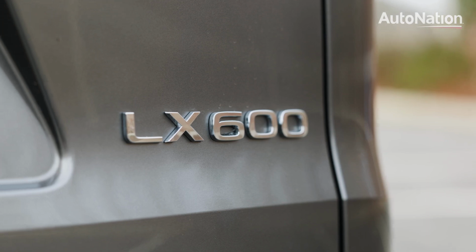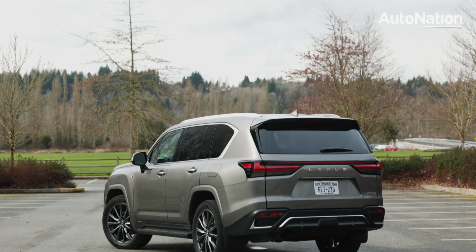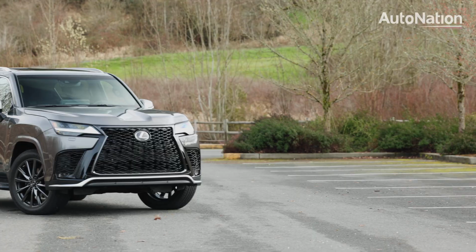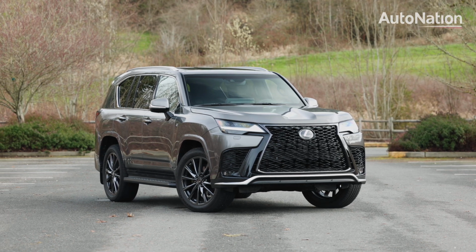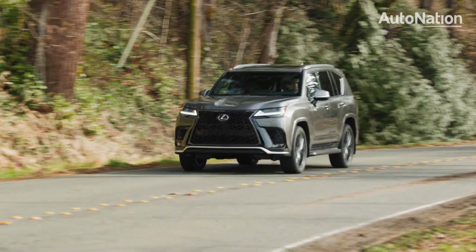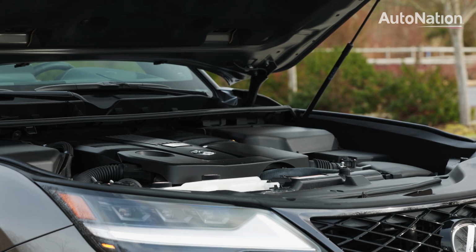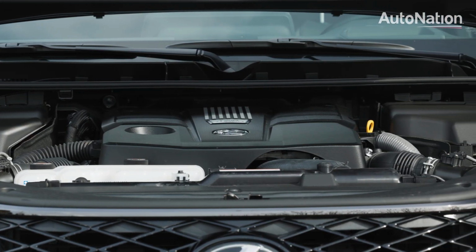The model we're looking at today is the LX600 F Sport handling trim. This is nicely equipped with enthusiast-oriented looks and features. Priced as you see it here with a number of options, including Mark Levinson sound, $105,600 US, including destination. Under the hood is a new twin-turbocharged 3.5-liter V6 that produces up to 409 horsepower and